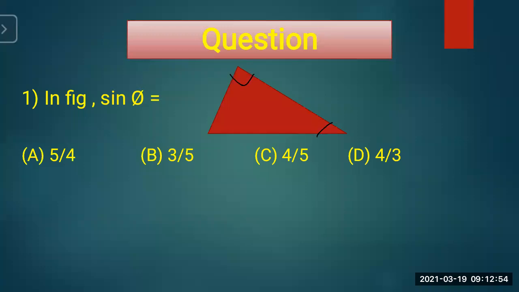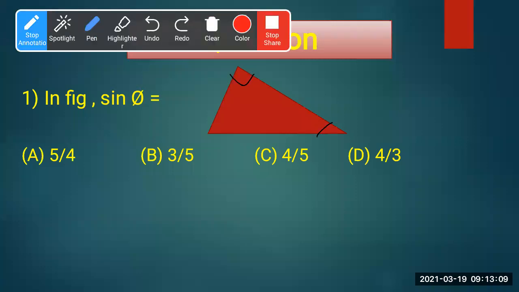Now here I have drawn a figure. I have to write the values over here. In the figure, sine theta is equal to dash. Simply, a triangle is given. I have not named the triangle, so let us name it. Suppose this is A, B and C. You know that this is 90 degrees, that means at angle C it is making 90 degrees. And here I have marked theta, because in the question it is given sine theta.